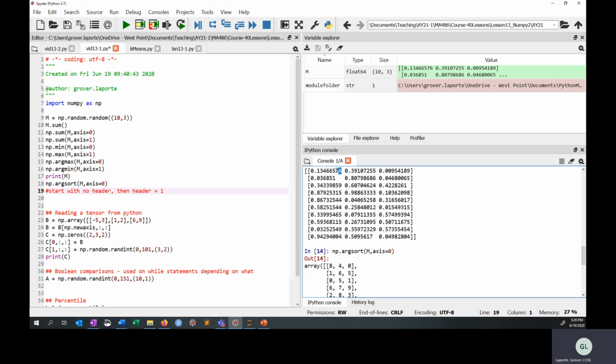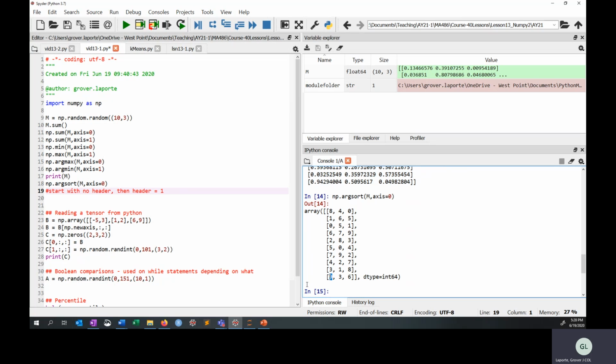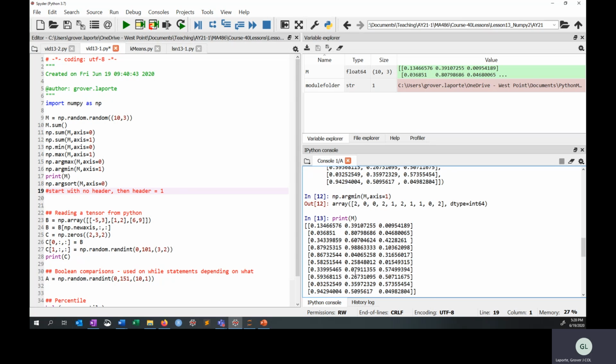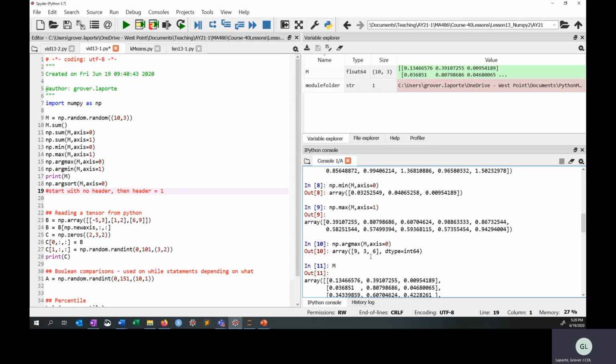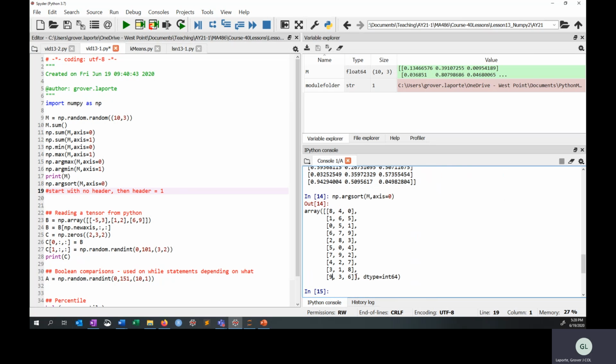So there's 0.13 here. So that's the 3rd smallest because it's the 3rd one in line here. And I can use 3rd because I am doing 1st, 2nd, 3rd. 6 would be the fourth, and so on and so forth, all the way to 9 being the biggest. So 9, 3, 6, probably, you see, it is exactly that, right? When I did an argmax of M and I looked down the rows, then I saw the 9, the one in column 1, or the first column is column 0, I guess I should say. So 0 index, the 9, 3, and 6, and that lines up with the bottom one down here